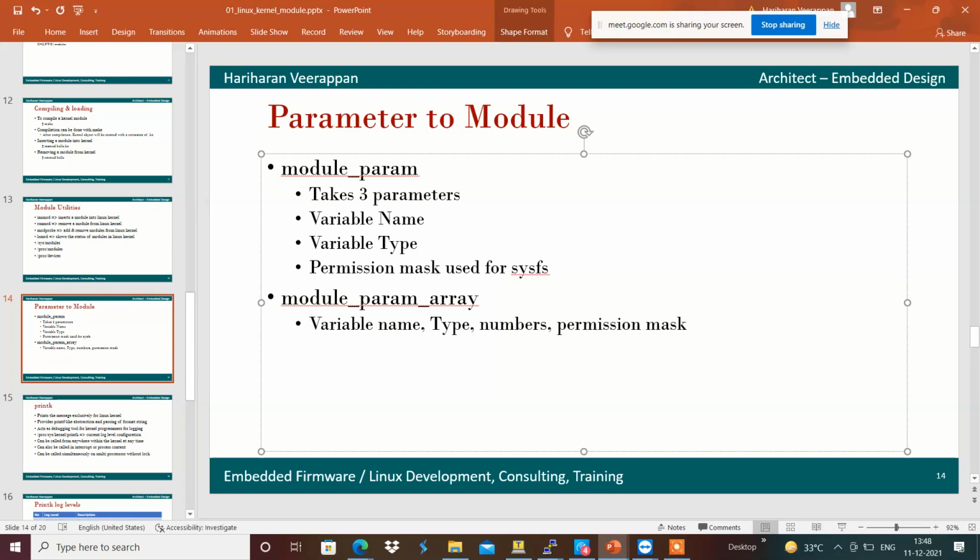The permission mask decides how the parameters can be accessed from sysfs, whether readable only, writable only, or readable by the users. We will see how to provide that information by adding a module param to the kernel module.